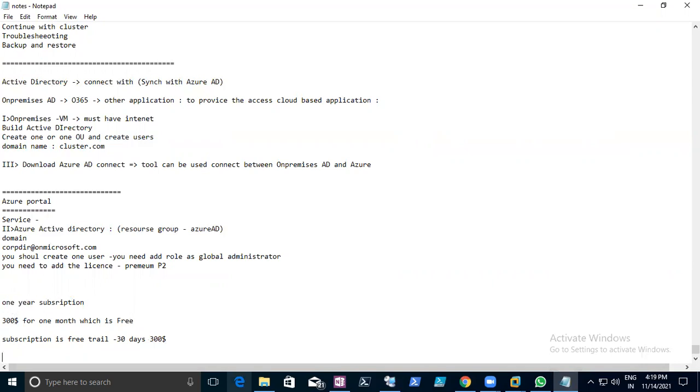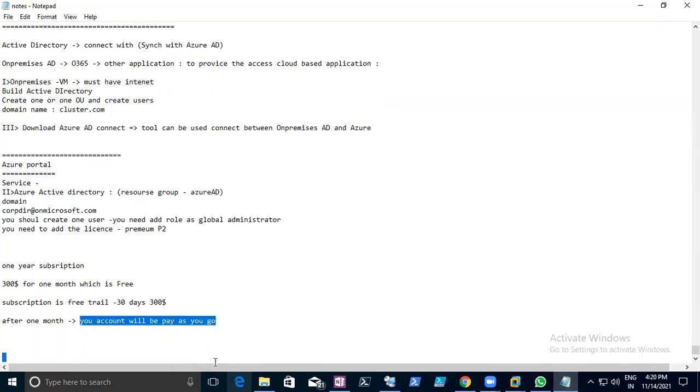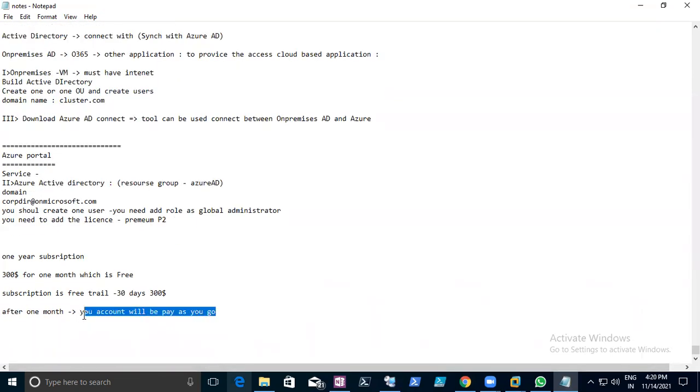After 1 month, your account will be pay as you go. If you are still continuing and utilizing resources, it will be chargeable and it will be deducted from your credit card.